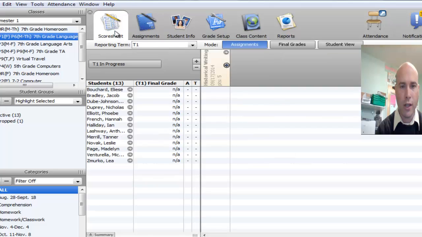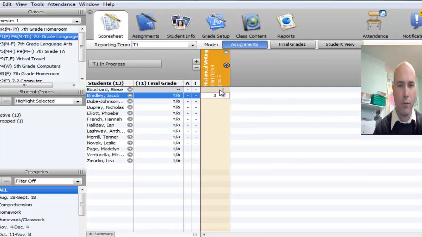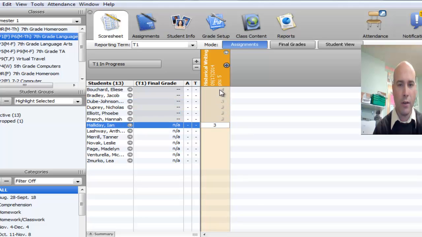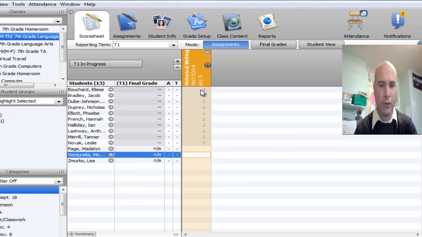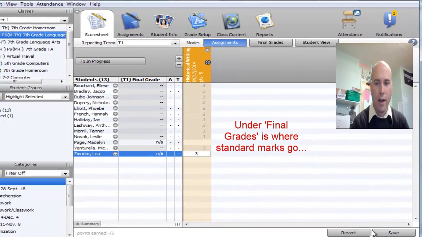and I'm going to go back to score sheet, and I'm going to input some numbers just to give you an example. So 4, 3, and you'll notice that these numbers quickly become italicized. Alright, and if the student didn't do it, you just leave it blank. Now I'm going to hit save,